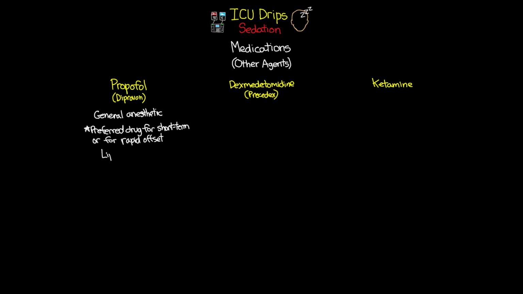Now, propofol is a lipid base, and so this is actually going to serve as a source of calories for your patient. And patients who are on extended doses or large doses, they're really going to require that we're monitoring their triglyceride levels. And because of this, the medication is also going to require that we're frequently changing the IV tubing in order to really prevent growth of microbes. So this is something that's typically done every 12 hours.